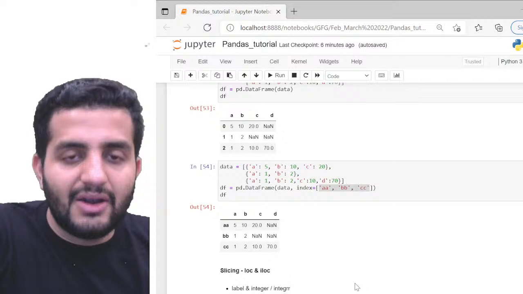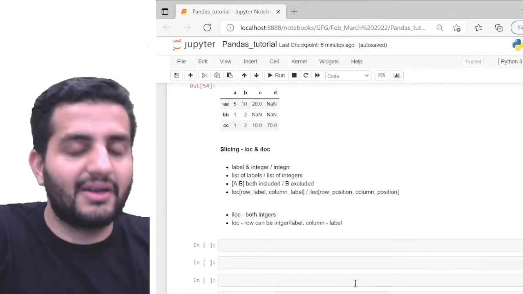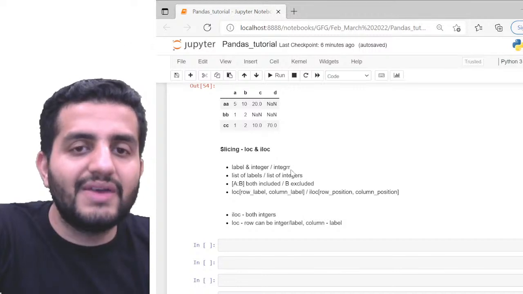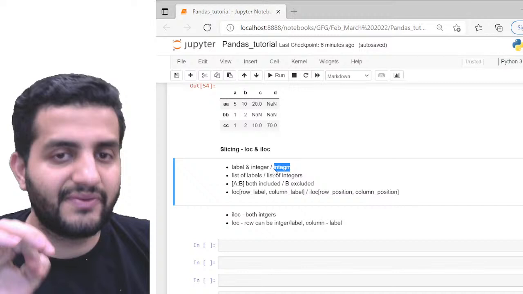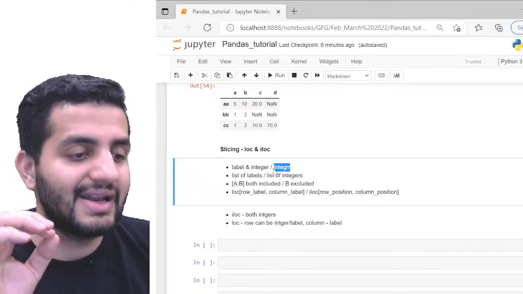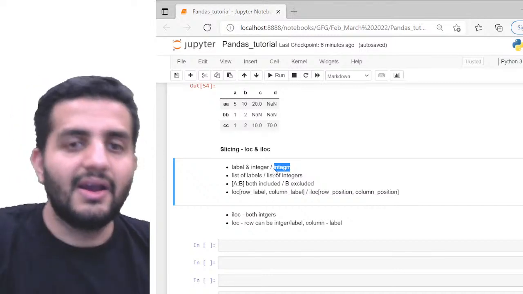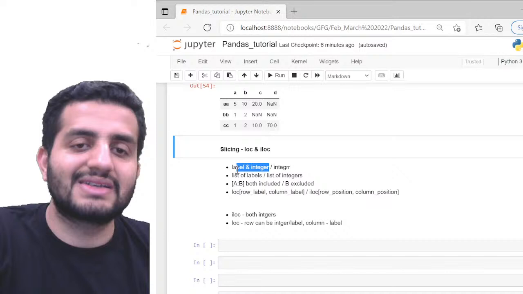So iloc means integer loc. While accessing any particular data here, we always have to specify the integer. We cannot specify the name. If we specify the name, iloc will give an error, because it can only take integer values of indexing. On the other hand, with loc we can specify both integer as well as label.